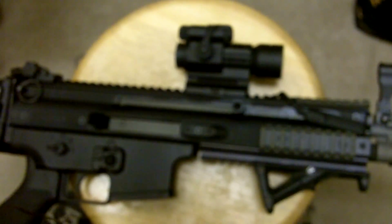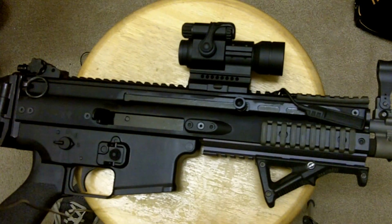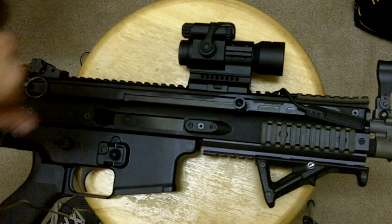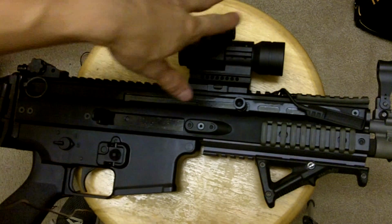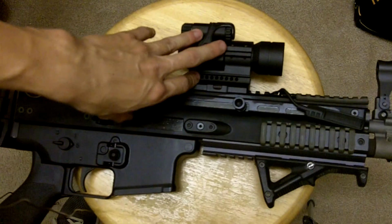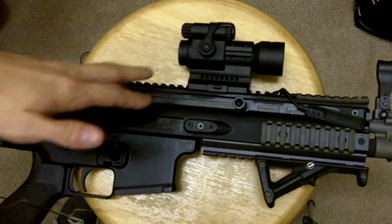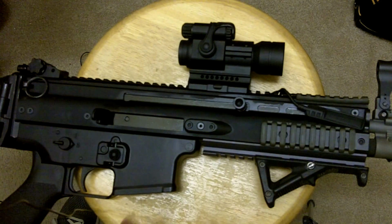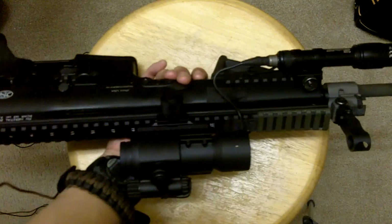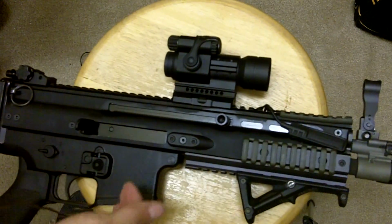And in my opinion, the controls are what make it the best for me, simply because it's dumb guy proof. And I don't have to sit there and mash buttons with gloves to get it to work right. So, waterproof, shockproof, all that good stuff. And I have tossed this in the lake, and I have dropped it, and it has taken a couple hits. Couple of hits being scratches and stuff like that. And it does work. It does retain zero very, very well,